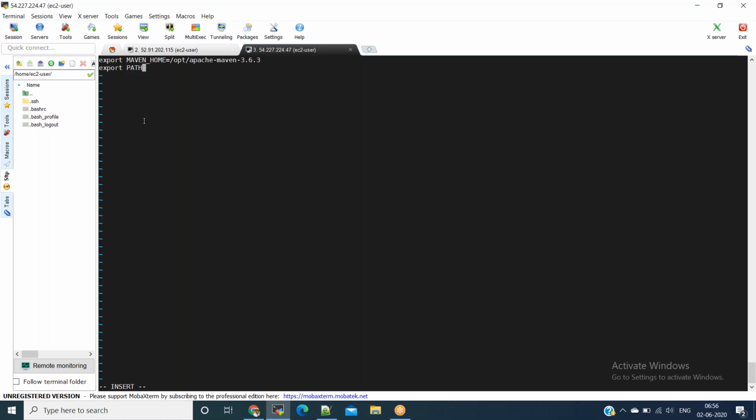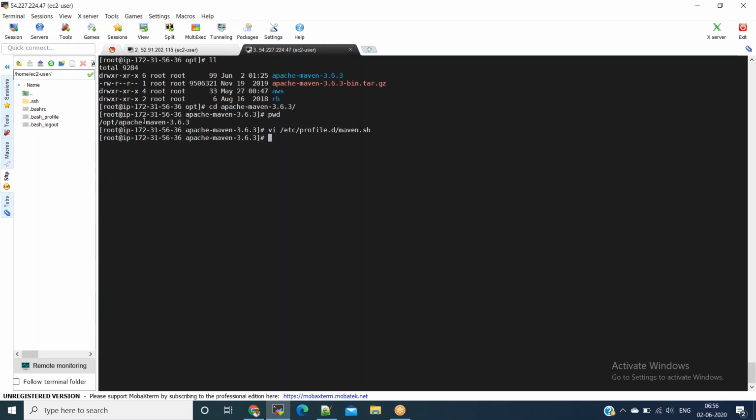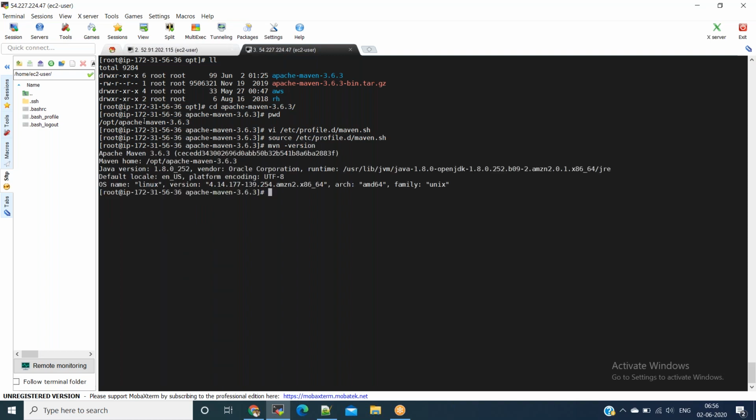Export PATH equal to $PATH, not forgetting the existing path, colon, $MAVEN_HOME/bin, because we will have the mvn command in the bin. Save the file and source the file as well. mvn -version, we will check. Perfect. Maven is installed successfully.